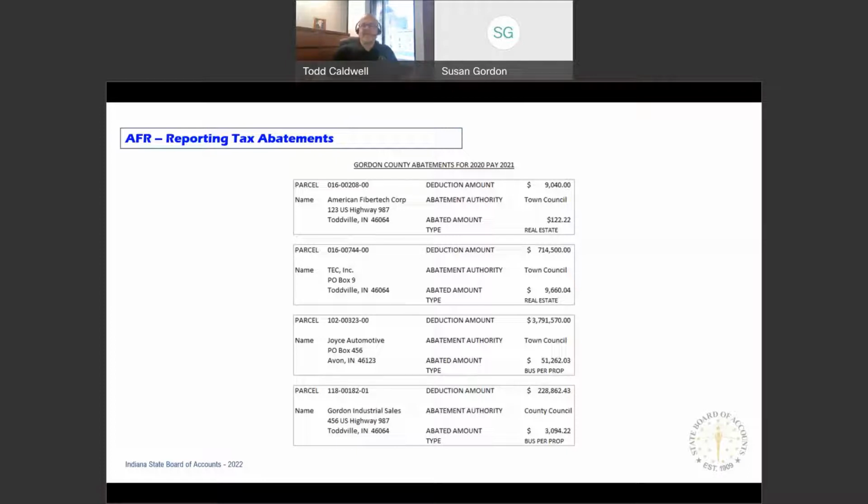So even if your county auditor does calculate it for you, you need to double check their calculations. You need to double check their work, because you're going to put that abatement amount in your report. It's going to become part of your note disclosures that we audit. So if it's wrong in the report, it's going to be your issue that it's wrong. And so double check that if you get it from the county auditor.